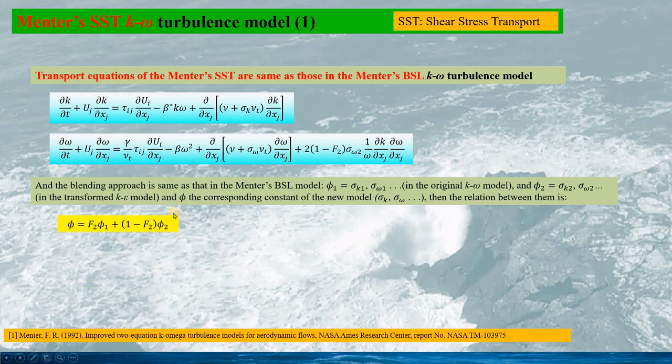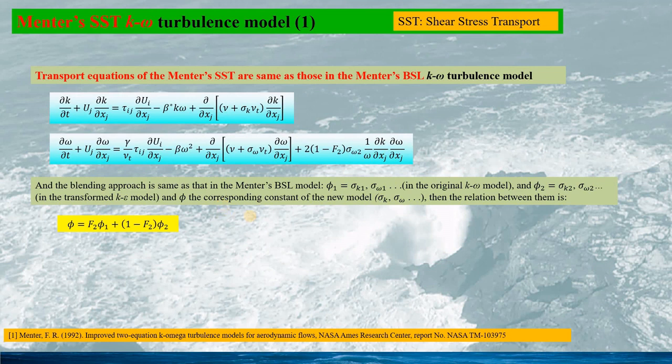The overall closure coefficients are calculated as phi, given as this. Here the blending function is F2, and phi1, phi2 represent the closure coefficients for the original and the transformed turbulence